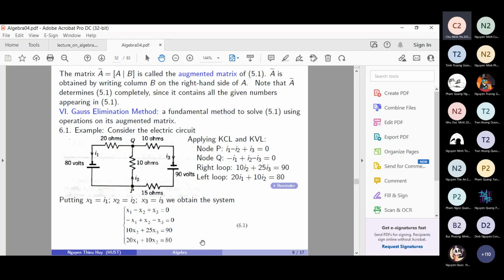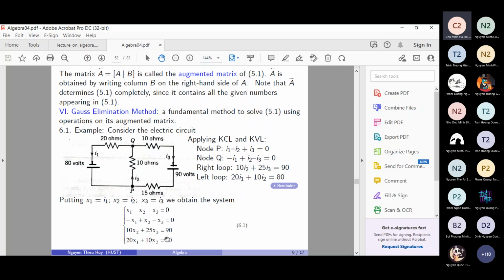Of course this is a very simple system. We can solve it by inspection, that means by substitution. For example, you can draw x2 here and x3 here and substitute into the first equation, and you can solve it easily. But this is not our purpose to show that. Our purpose is to give you a general method